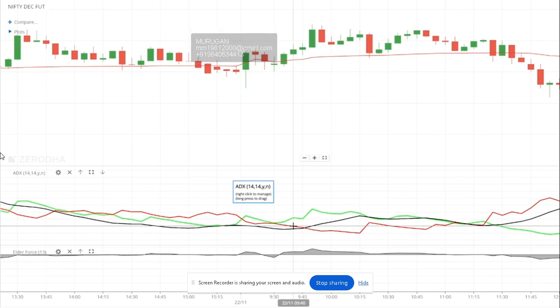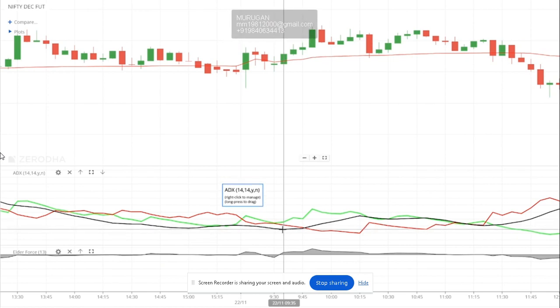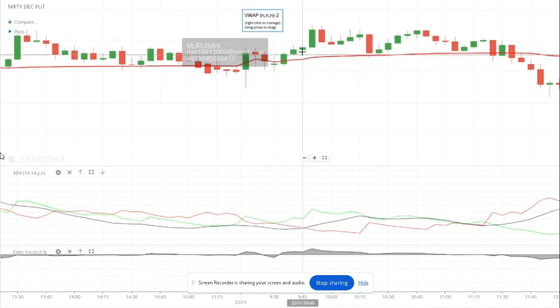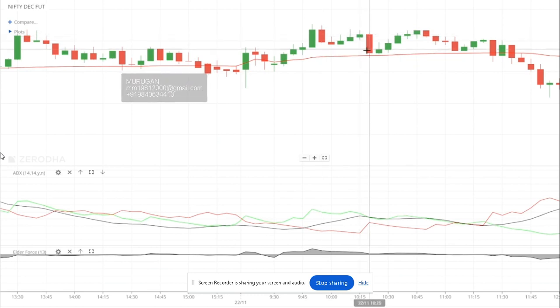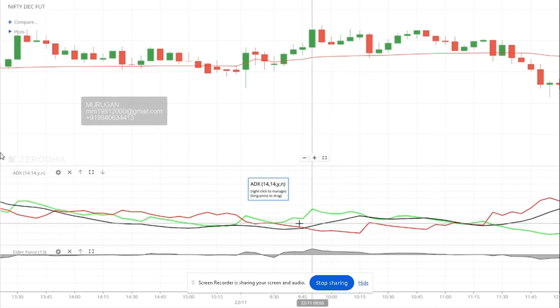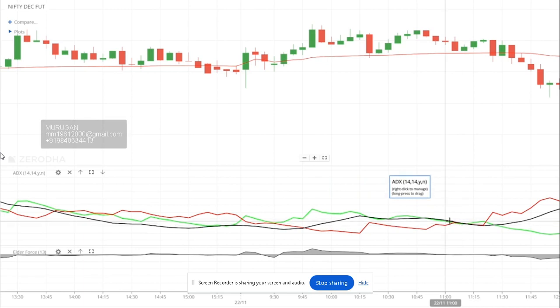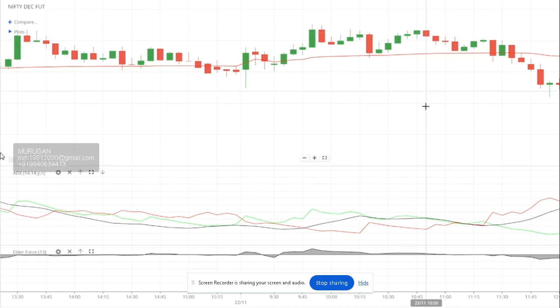So somewhere here you can see the spike upside, green line is above the red line, and then this trajectory is going to the upside, and the price is also above the VWAP. So here you could have bought call option, but you would not have made more money because it went up only slightly, then came down, went up slightly, then after that started plateauing. So went up, again started coming down slightly, again slowing down. So the momentum is actually clearly dying somewhere here. When the momentum is clearly dying, you should exit.